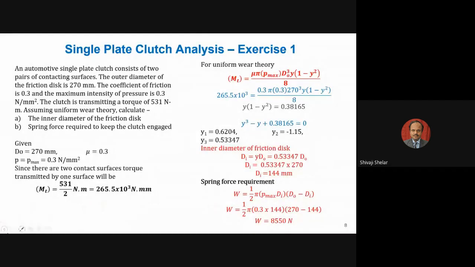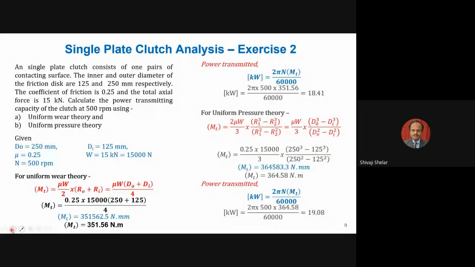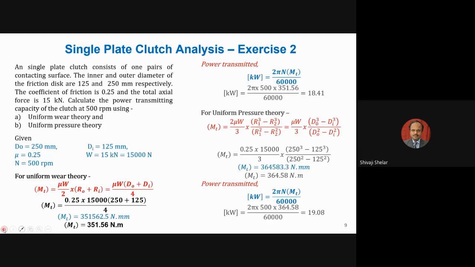Okay, so this is regarding the single plate clutch analysis. I have taken simple sums here to understand the basic concept of the single plate clutch. Next class we are going for the design of a multi-plate clutch system using the PSG data book. The nomenclature in the PSG is slightly different from what I have used here, so for problem solving using PSG, we will use the nomenclature of PSG. I will upload that data in the classroom, so that next class we can solve a problem on multi-plate clutch system design using PSG.